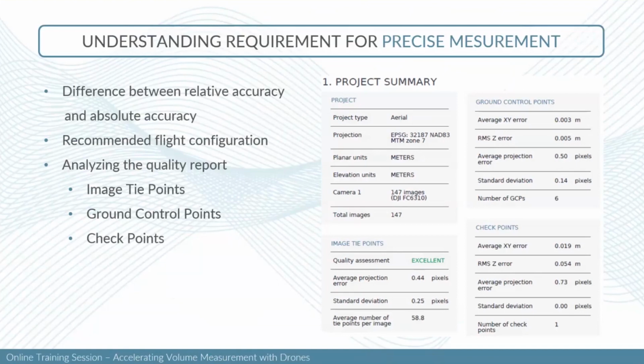So you can take a look at the tie point residual, so how well your block of images is matched together. You can see also the number of images; the number of tie points also gives you good information about the redundancy of your project. So in photogrammetry, it is usually good to have more redundancy than less because it's a key part of a good